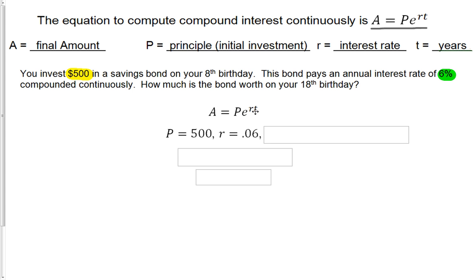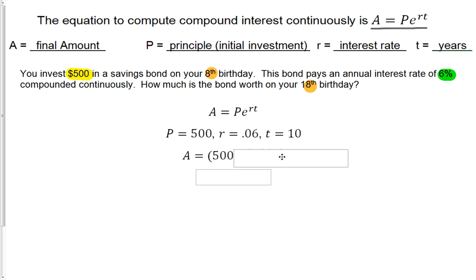And then T, number of years, we went from the 8th birthday to the 18th, so that means 10 years has passed, so T is 10. And all you have to do is pop this into the equation now. We're going to have A equals 500 times e to the 0.06 times 10 power. And so that's just going to be the 0.6 power. Now you pop this all in your calculator, and it's going to give you an amount,